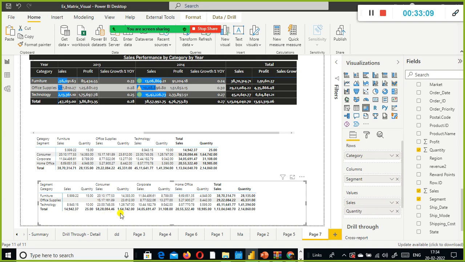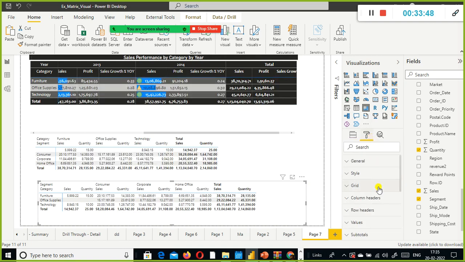Consumer sales. Here I just selected, look here. We have used the category in the rows and the segment in the columns. In this segment, what you're saying is consumer sales. So you are saying that this is the one for the total sales, and this is the one for quantity. Consumer, corporate sales. Yes, so here sales quantity and sales we are getting again. Let me do one thing. I just go to format. I align it center.